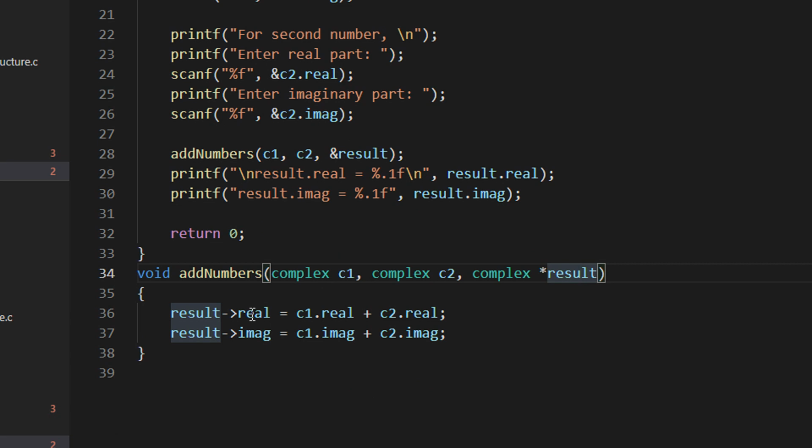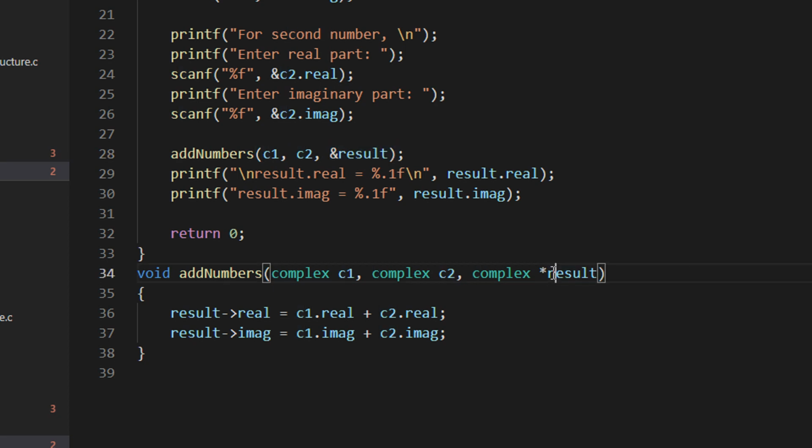And now what I am doing, see, because I am passing a pointer, we know that we have to use the arrow operator, right? Now since I'm passing the address here, that means all the changes that I do will be reflected in the main, just like that happened for the swap function, right? So what happens here, I'm passing c1 and c2. See, c1 and c2, I'm not passing the address, I'm passing the value. So the entire copy of c1 gets copied into this c1, the entire copy of c2 gets copied into this c2. Finally, I'm passing this result as a reference.